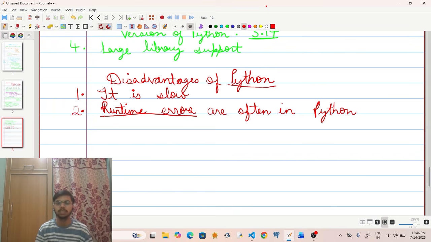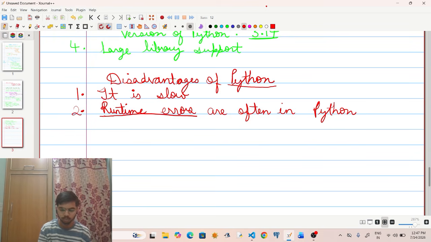What happens in Python is that, due to its built-in nature of converting a variable into the nearest, most suitable data type, it can give an error.